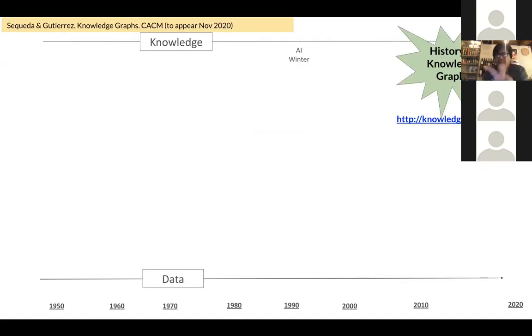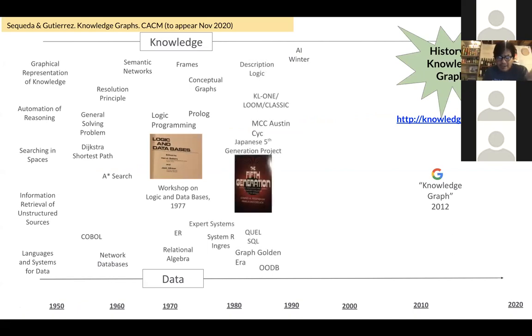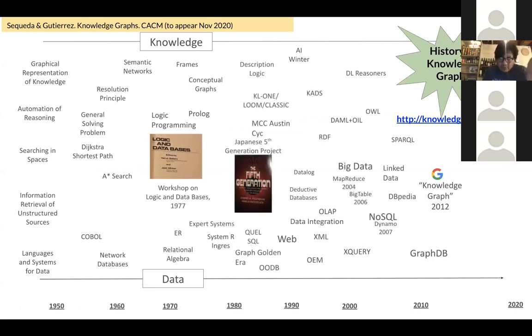So to wrap up, I've talked about knowledge graphs here, how it's being used. And this term knowledge graph became very popular around 2012 with Google, but there is a large history behind it. With Professor Claudio Gutierrez from Chile, we have been looking at the history of this for the last 50 years. We have a paper that should be coming out next month in the Communications of the ACM that is an overview of knowledge graphs.